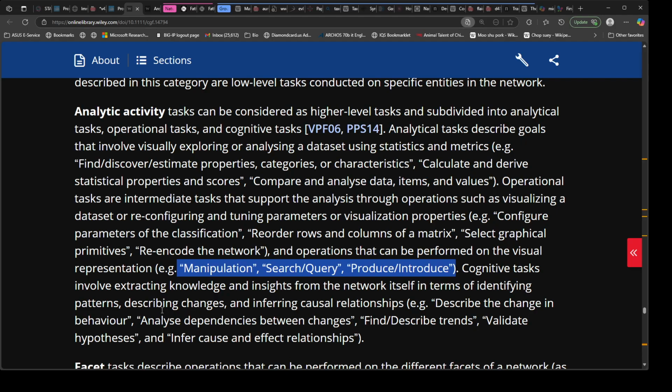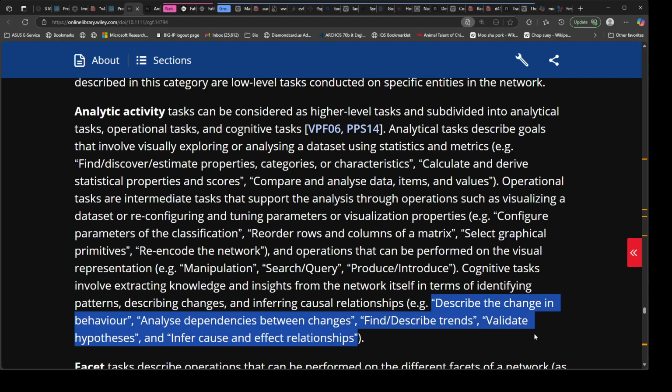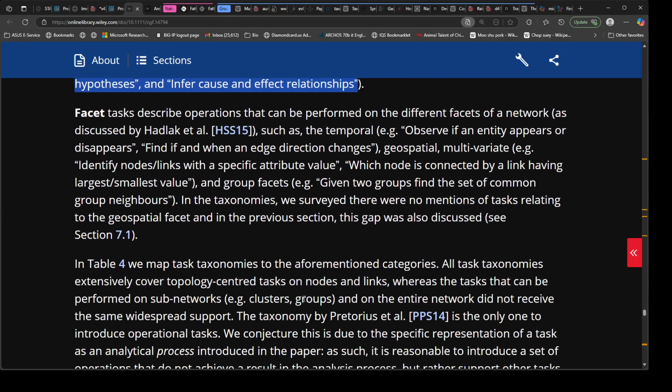Cognitive tasks involve extracting knowledge and insights from the network itself in terms of identifying patterns, describing changes, and inferring causal relationships, for example, describe the change in behavior, analyze dependencies between changes, find/describe trends, validate hypotheses, and infer cause and effect relationships. Facet tasks describe operations that can be performed on the different facets of a network, as discussed by Hadlak et al., HSS15,